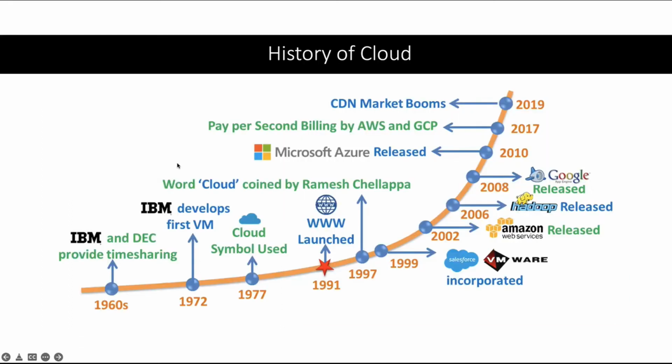Now, if you see the history of cloud, I will not spend much time here, but I just wanted to tell you that when HTTP came, from there onwards people started thinking of distributed computing more, and also collating resources and distributing resources using the HTTP protocol, right? From there, there is a steep rise in infrastructure distribution as well as availability. When AWS was launched, it was in 2002, right? And from there, multiple other providers came up because of the event of big data. Google also came up in the cloud domain. Then Azure was launched, right?